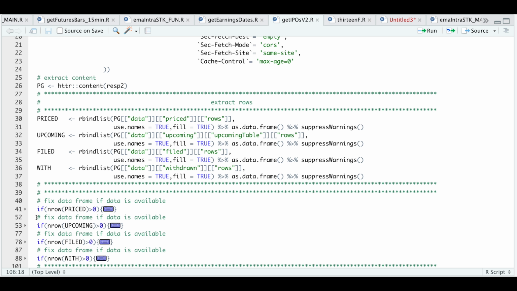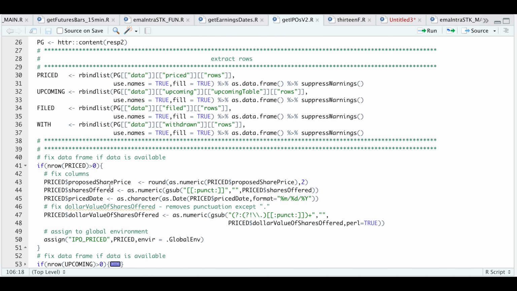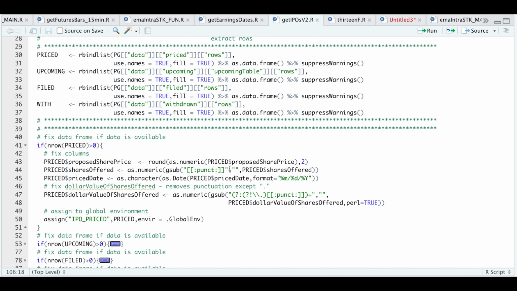And for each of these, since we have 4 separate items, no data will get returned from the function. What I've done is that for each of the instances, we're going to do a bit of formatting for the columns. And after we're done with the formatting, it's just going to get assigned into the global environment. So if we open up these blocks, for the price data frame,